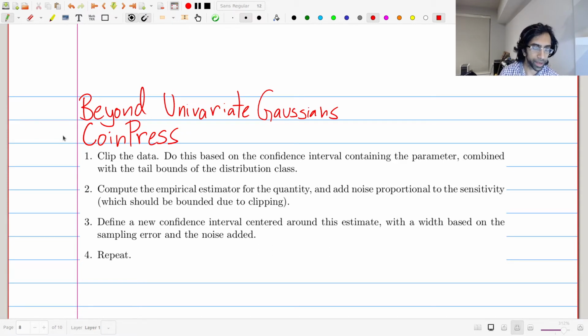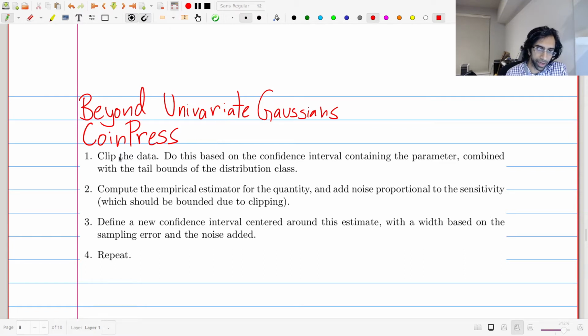So we described it instantiated for a very specific setting, but it can be applied to much more general settings as well. And we're going to try to describe it as abstractly as possible, show how this fits into the private mean estimation, univariate mean estimation setting, and then I'll describe to you how we use it for multivariate mean estimation. So, okay, here's the framework, and we're going to go step by step. So the first thing we do is,